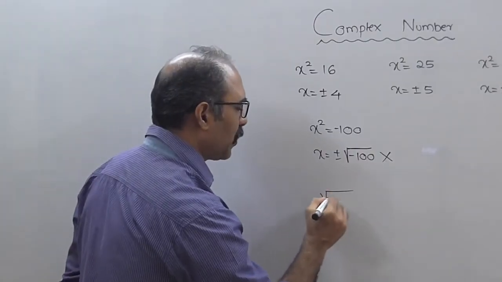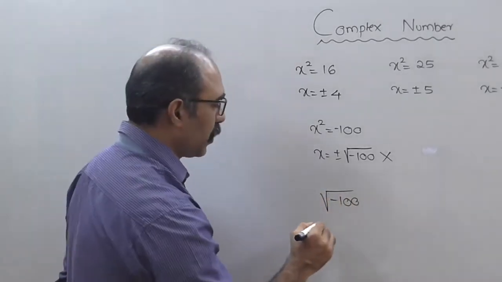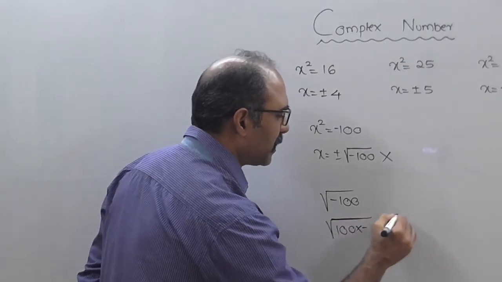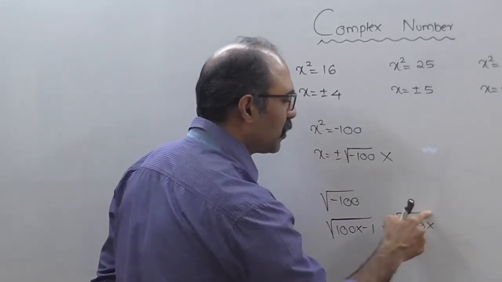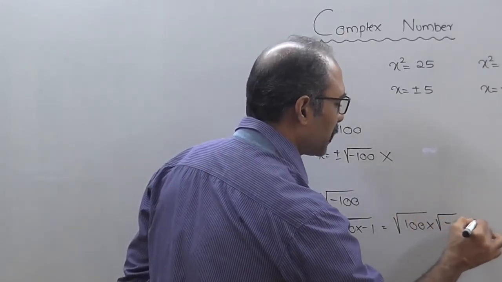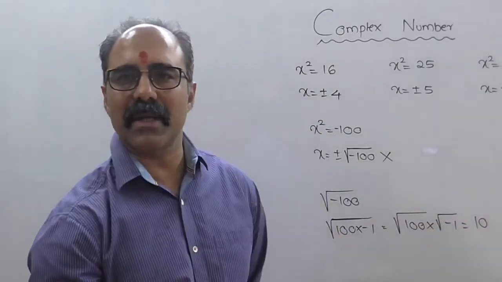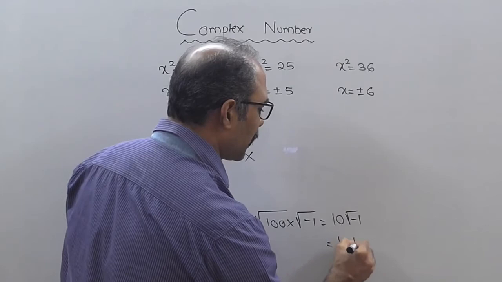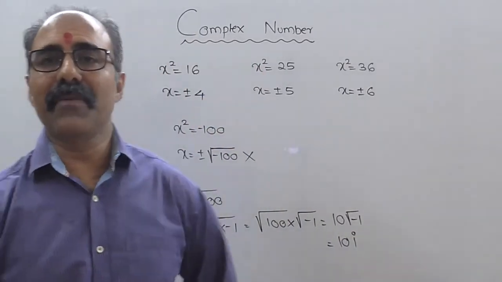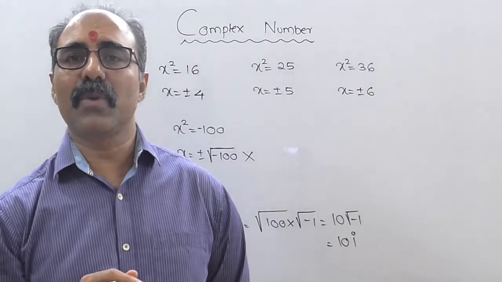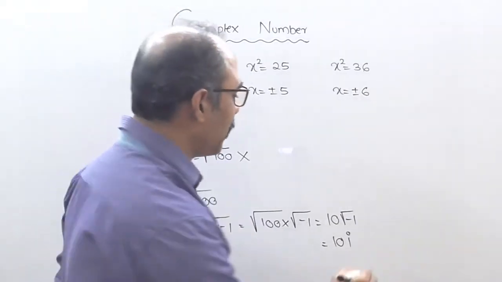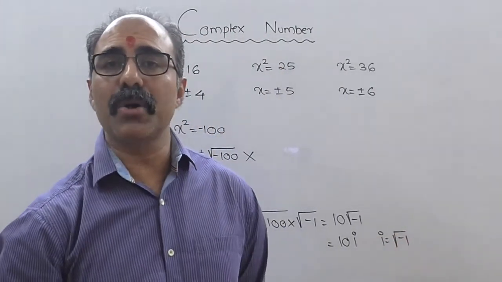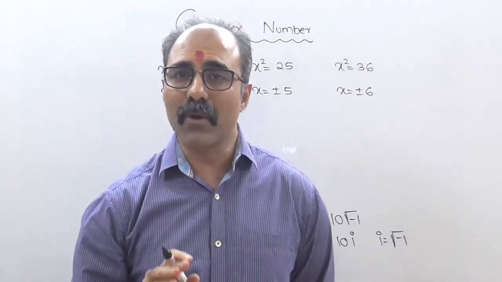Suppose I ask you how to find root of minus 100. Okay. So root of minus 100, I can write it as 100 multiplied by minus 1. So this is root of 100 multiplied by root of minus 1. Root of 100, it is plus or minus 10. So again you will have 10 into root of minus 1. Mathematicians have given a symbolic notation called i to root of minus 1. So whenever I say i is equal to root of minus 1, i belongs to the category of imaginary numbers. I hope you're getting what I'm saying.